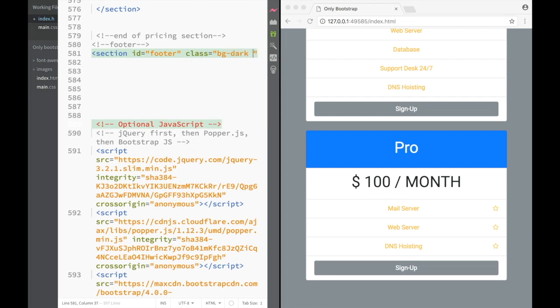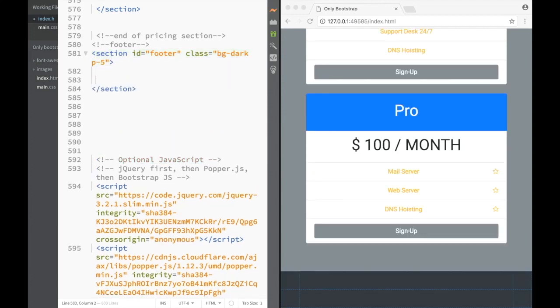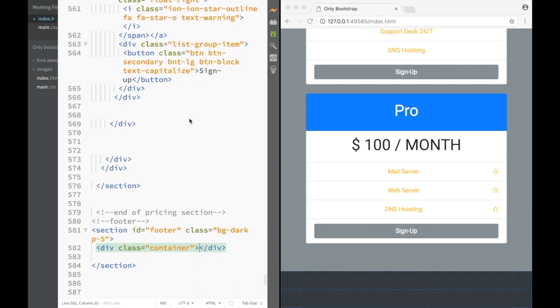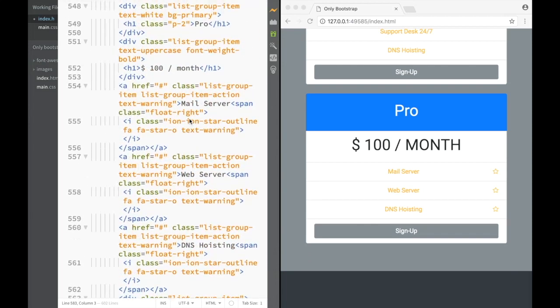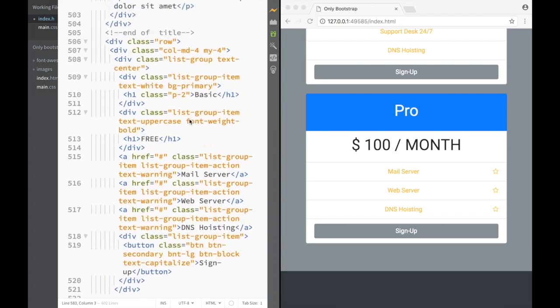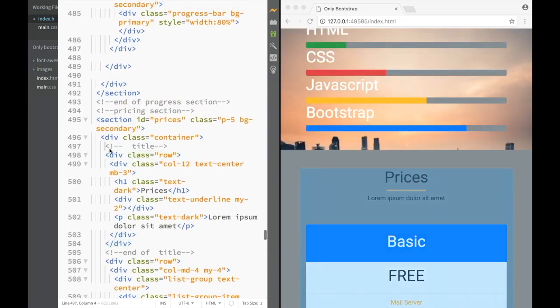It's going to be dark, and again, it's going to have a padding 5, right? And as always, we're going to have a container. Say div class, and over here we're going to say container, and over here we're going to place a title, right? So we're going to go back over here, and we're just going to get a title somewhere. So where is our title? Somewhere on top probably, right? So over here, and we're just going to write that this is going to be a